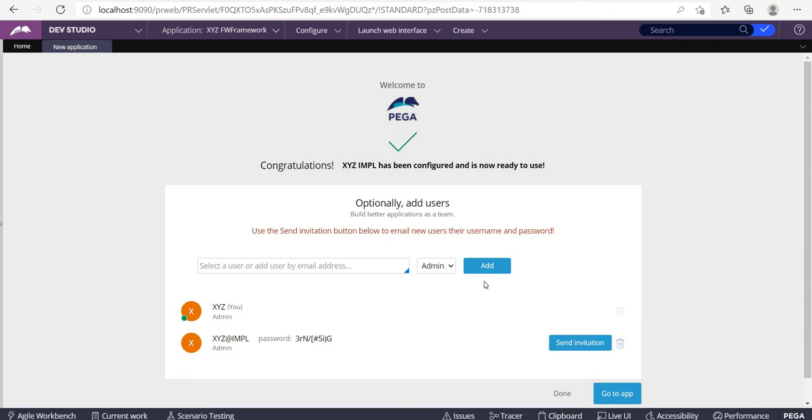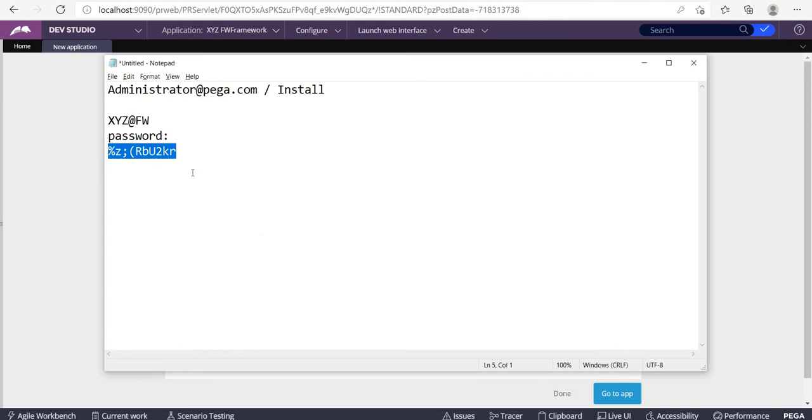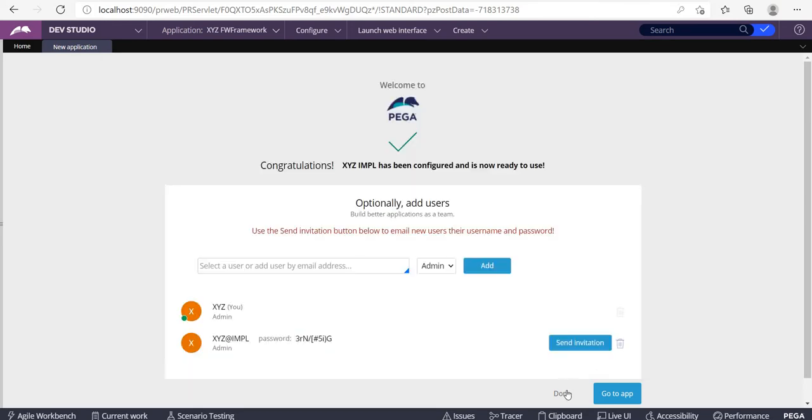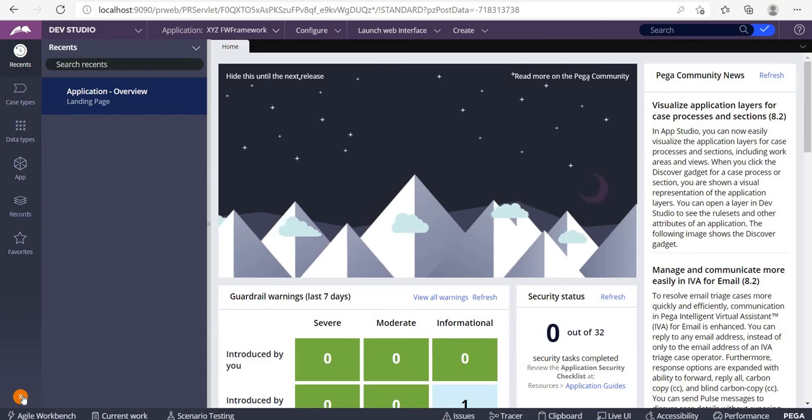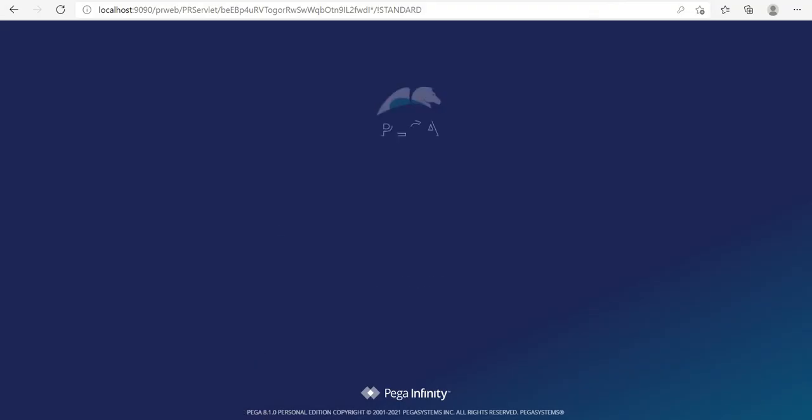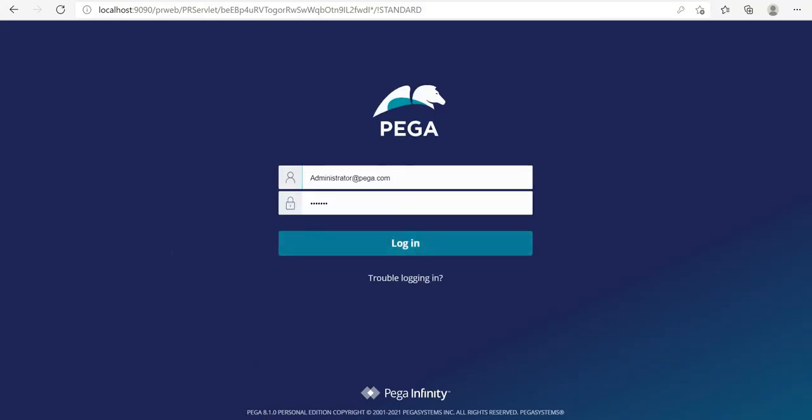Once that is done, copy the ID password, the same thing which we did previously for the framework. Copy it in a notepad and re-log in. So log off, click on done and log off from the ID. Then re-log in with the new credentials xyz@impl.